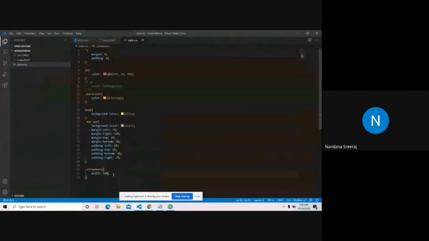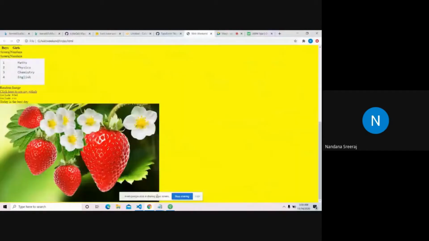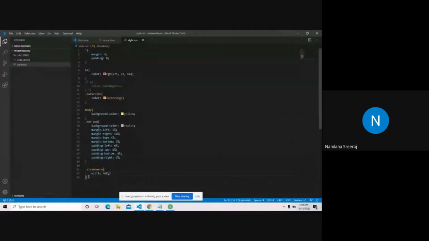What if I want to center it? My image width is okay. I think it looks nice right now. But I want it to be in the center. Like we had the center tag in HTML before, but that is not present right now. So what I usually do to center this image is this: we know that the width of the image is 50%, right?